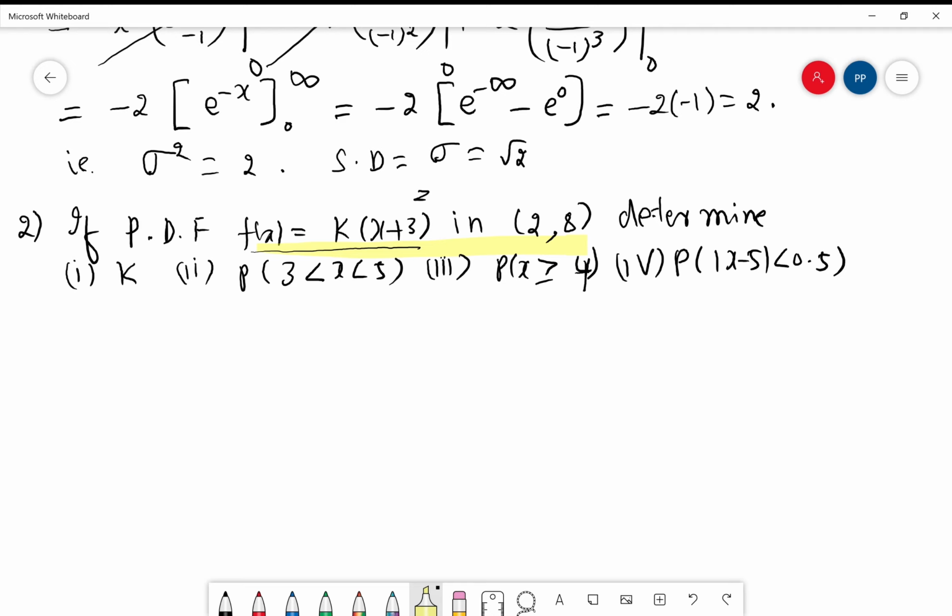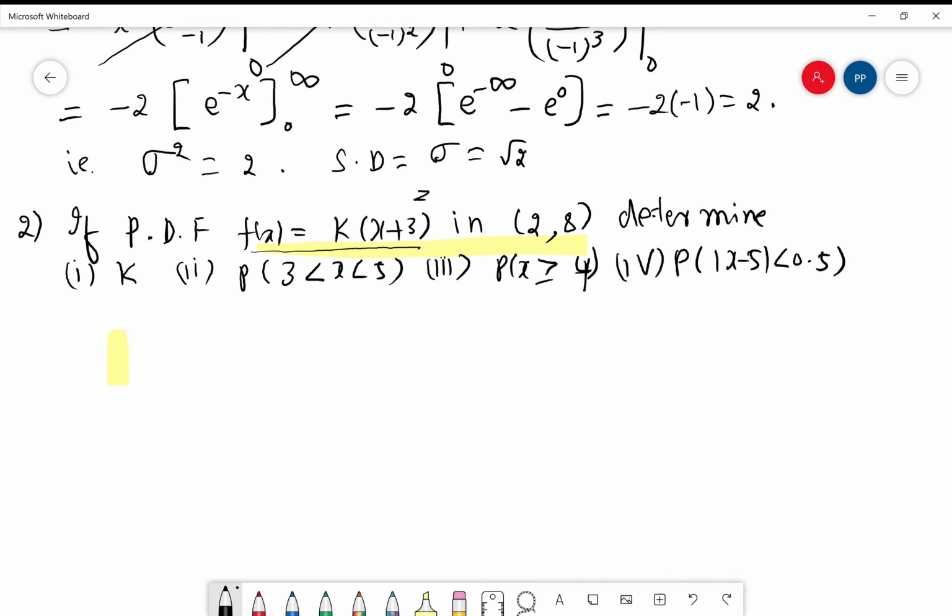And you can notice that instead of p of x, which was given as the PDF in the previous one, the notation given for the PDF here is f of x. Fine. So let us consider this function in the complete interval. Now, what is the other part of the interval which makes up the minus infinity to plus infinity, the real line? The interval which comes before 2 comma 8, which is